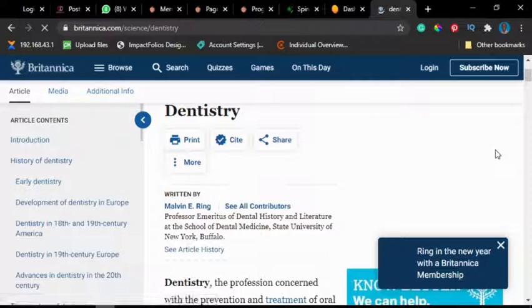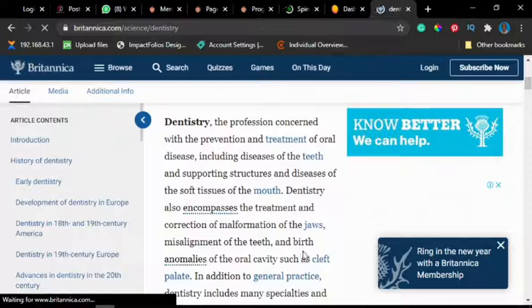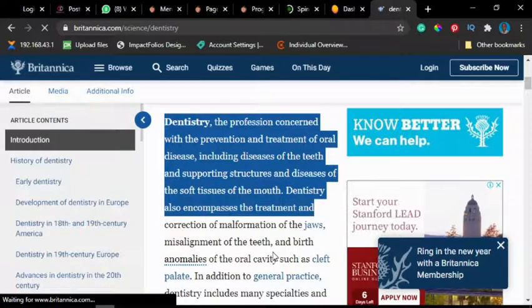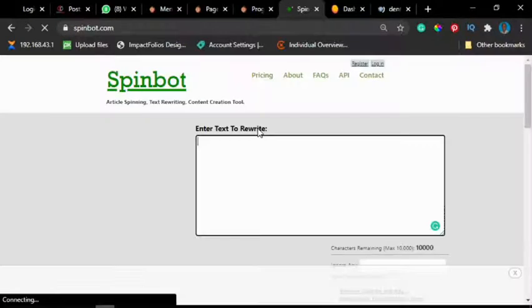Okay guys, so the website has loaded already. So all you need to do is to copy their content. Okay, copy every bit of their content. For the sake of this tutorial, I'll copy to this extent. Okay, copy,